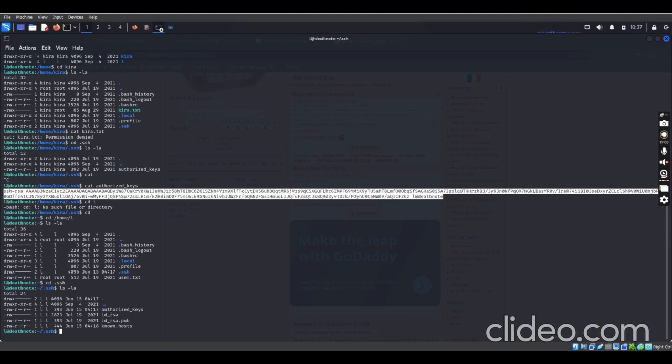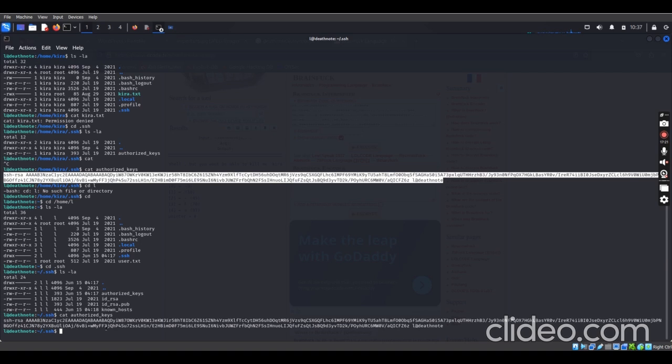If we cat this authorized key, I already created it because the reason for this video is to show you how I broke into this particular server. So I already did that before. If you cat this, you'll see that the same key here is the same key there.